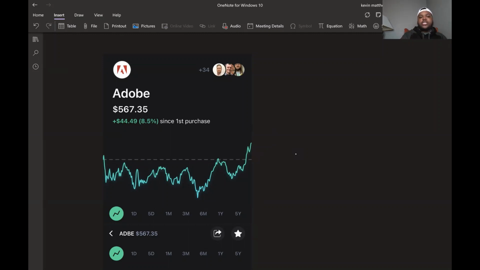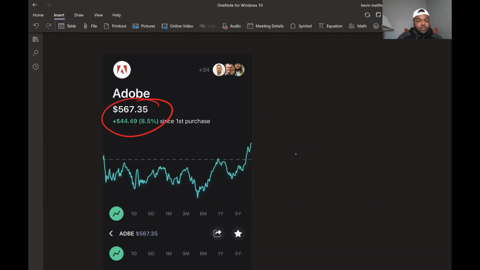All right, so you can see here that since I first invested, around the end of December of 2020, I've made about 8% from the time that I first invested. That's the first purchase, the first time I put money into it, and it's been up 8%. However, that's not the only time that I invested in Adobe. I kept doing it every single week, usually on Fridays.